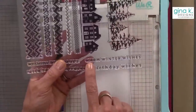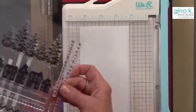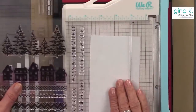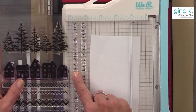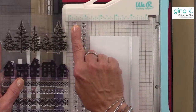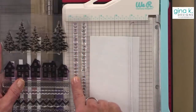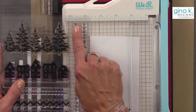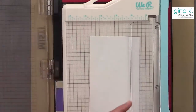Okay, so I'm going to use this Warm Winter Wishes. And I want to make sure I have enough room to stamp it. So I can almost just measure it right here. That's about 1/4 of an inch wide, that greeting, just by laying it right up against. So I'm going to make my piece of masking magic a little bit bigger than the size of this greeting. So I'm going to go, instead of 1/4 of an inch,